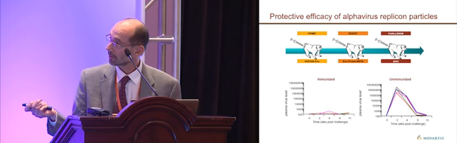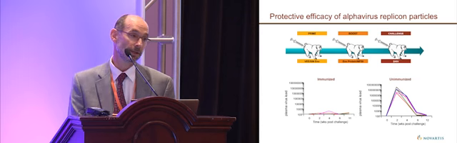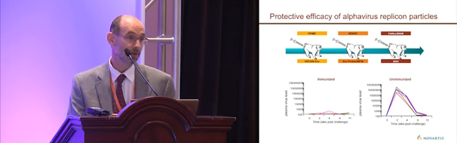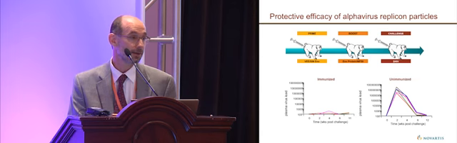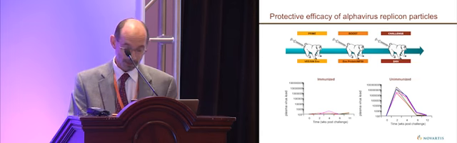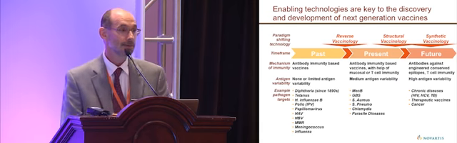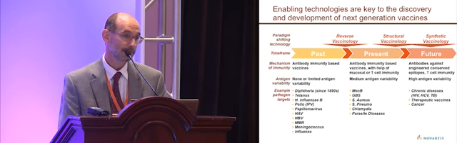I don't have the data on here, but the protein alone, as well as the PLG DNA, did give protection, but it was intermediate. It wasn't nearly as good as the alphavirus replicon as the priming vaccine. So in summary, if we are to be able to make inroads into the big unmet medical needs that still